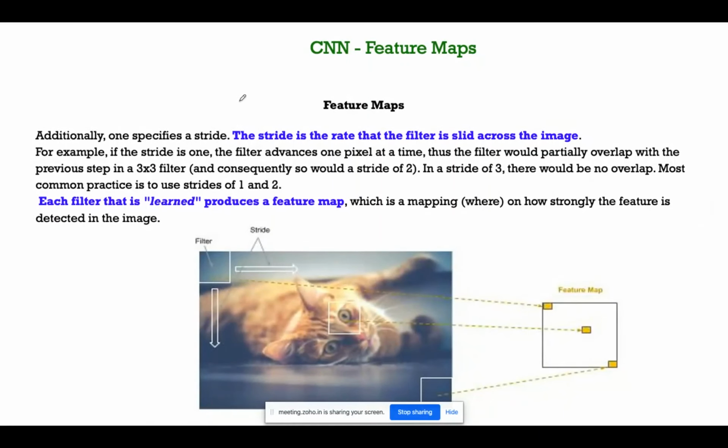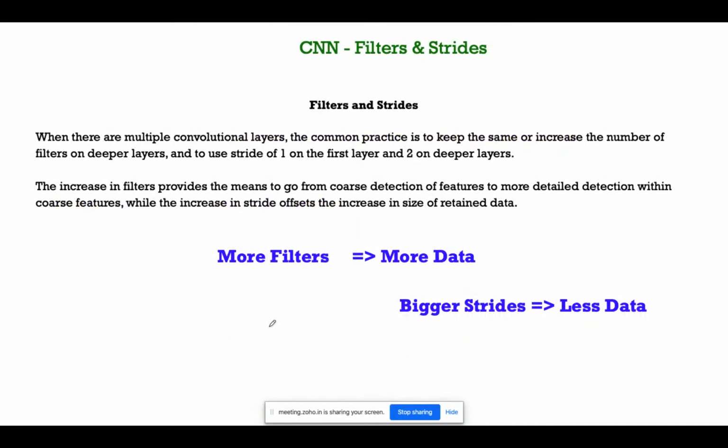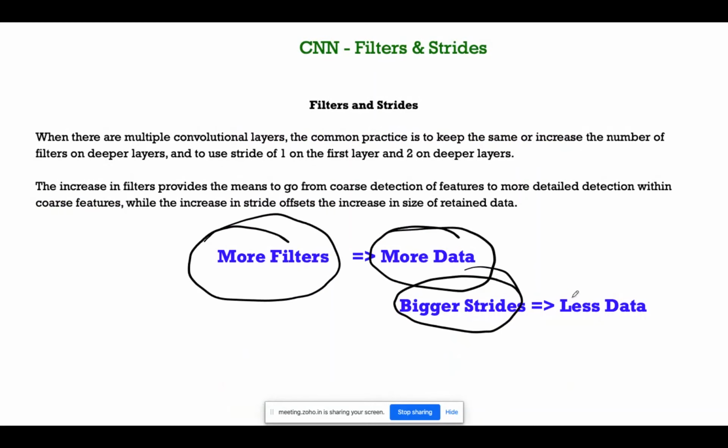The output of the convolutional is nothing but your feature map. This is where we have taken the important parts like eyes, legs, everything, and we store them in a so-called feature map. More filters, more data, bigger strides.